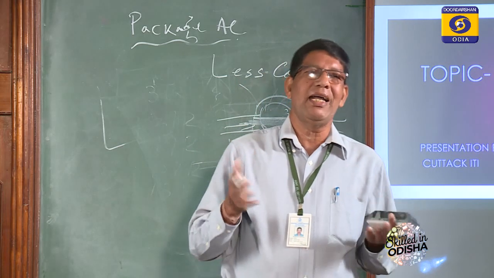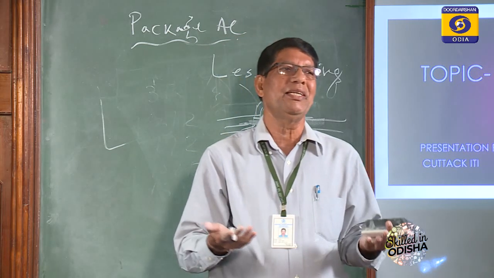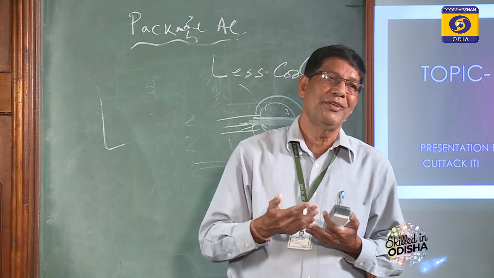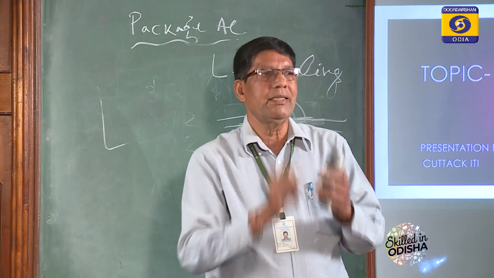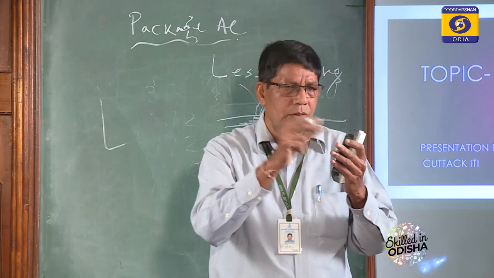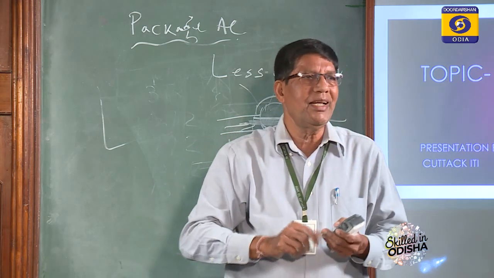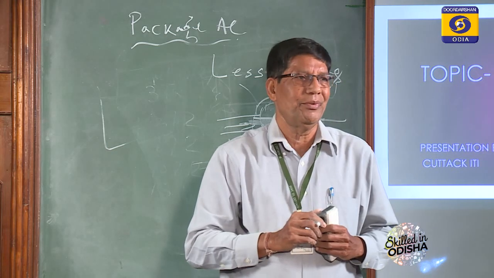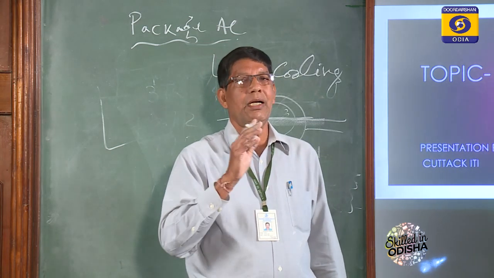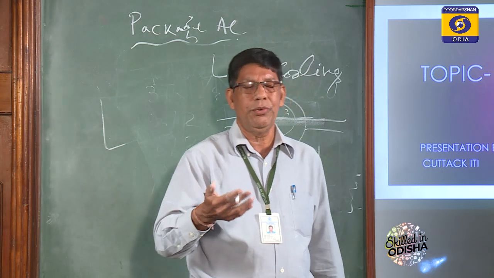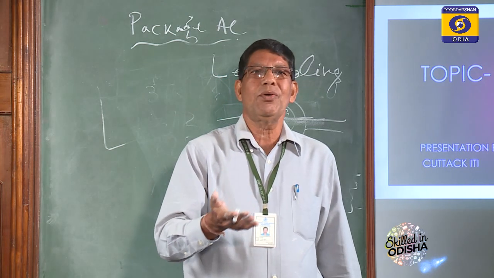Suppose the manufacturer charges the correct refrigerant. It is a sealed unit, so how does the refrigerant go? There is no question of leakage. How will it go out? Suppose there is some vibration, some effect, a loose connection at the thermostatic expansion valve, the gas will leak out. When the gas leaks out, there is a control system. In the control system, the low pressure cutout will turn off.